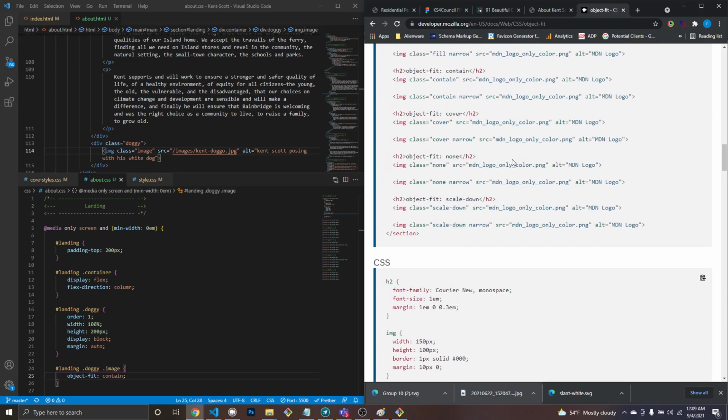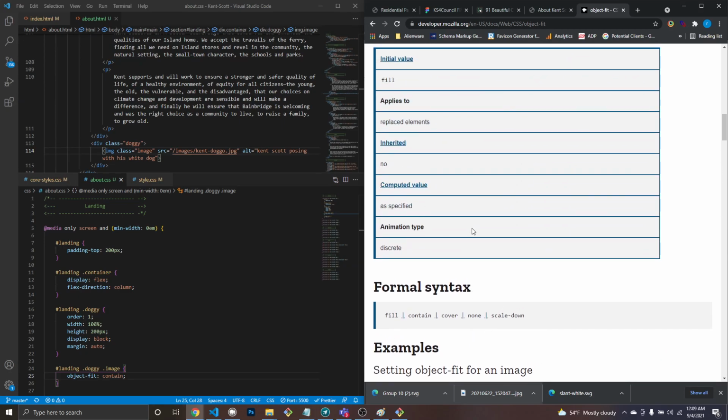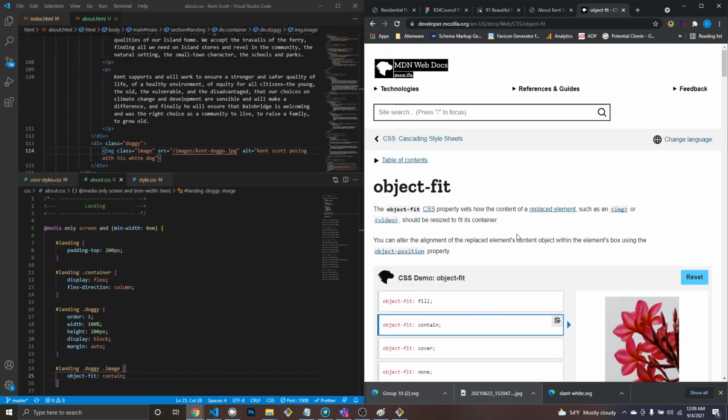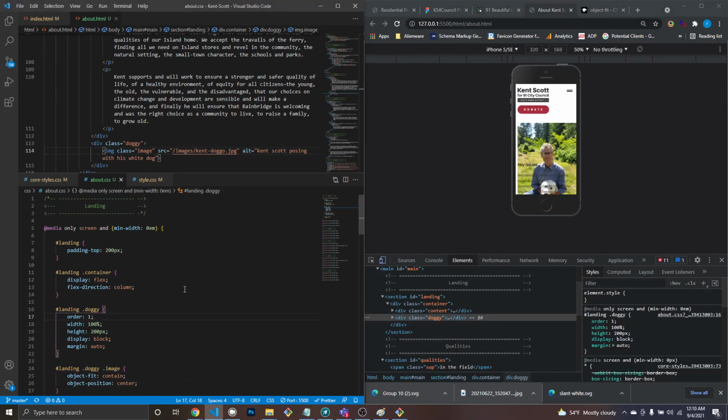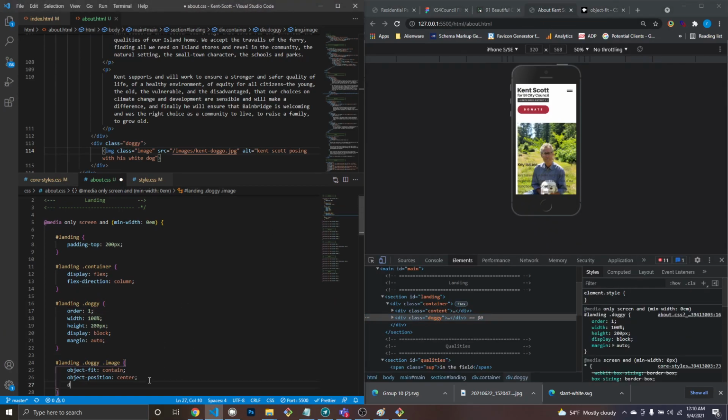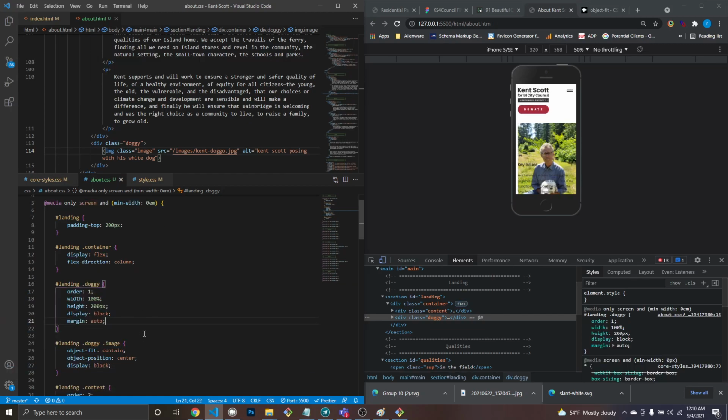See, I tried doing this in another video. I can't seem to get this one to work, but it's a neat little thing. But gosh darn it, I just can't work it. Object position center. See, that doesn't even work. I gotta do display block. Is that it? No. It's just unreal. So what I'm going to try and do here,